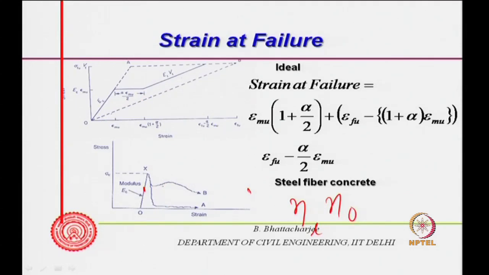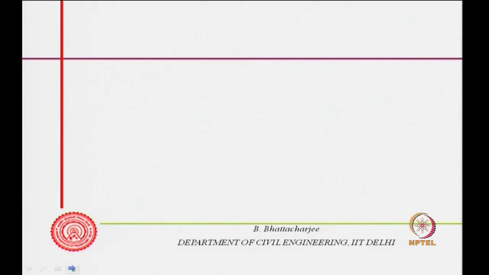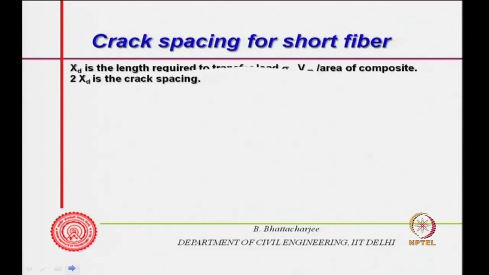So, the load it can carry would depend upon its EF and the VF content, which could be low. Depending upon that situation, real fiber behaves in this manner, but then they are short random fibers. So, therefore, crack for short fiber we can look into. Let us say x d is the length required to transfer load sigma m V m per unit area of composite to the fiber,